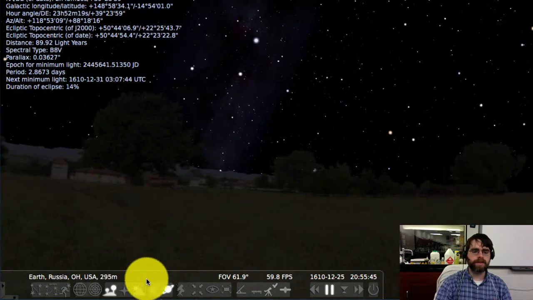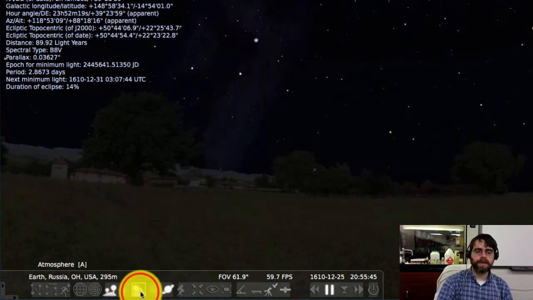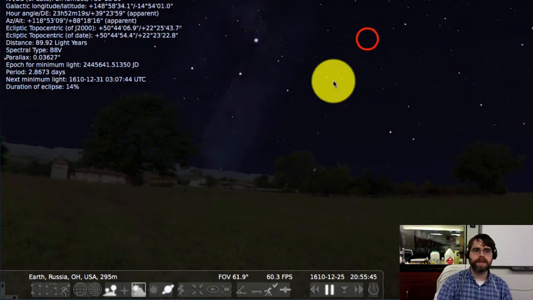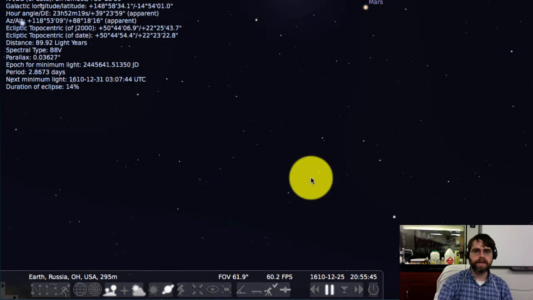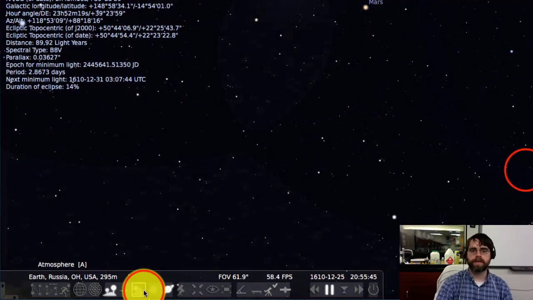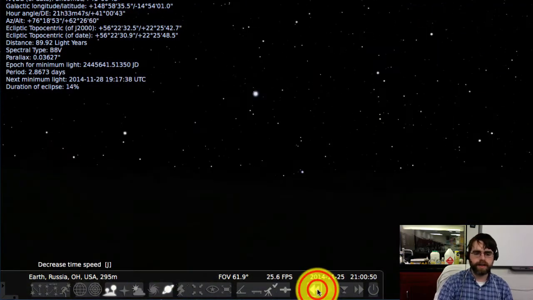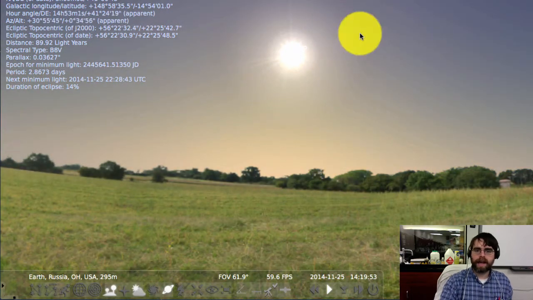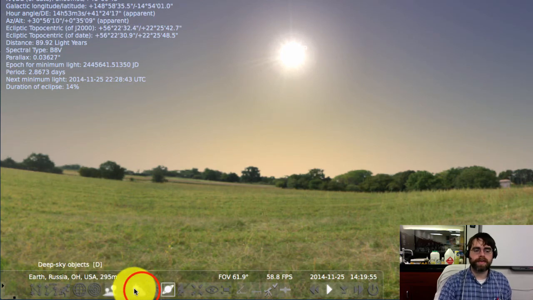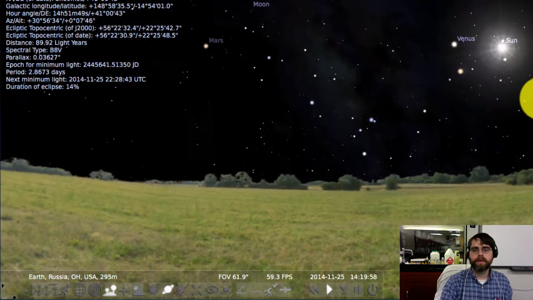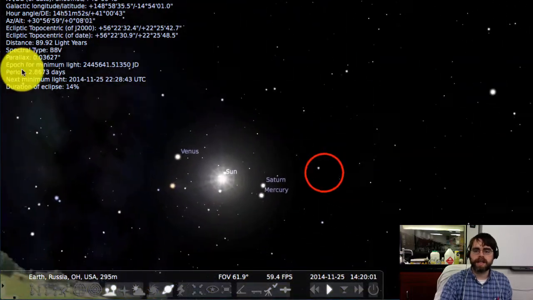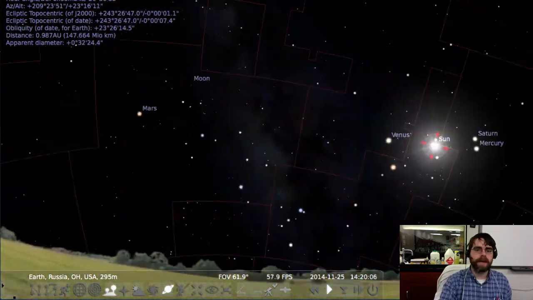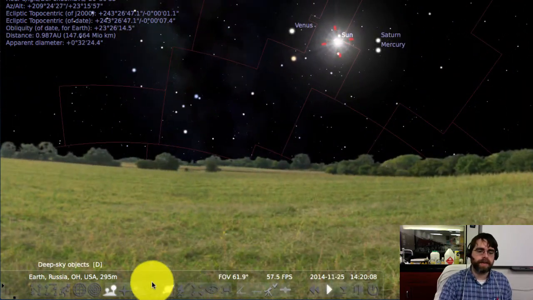I don't tend to turn this ground off all that much, but I do tend to turn the atmosphere on and off. So here's the atmosphere on versus off, and you notice the amount of stars that you can see change based off of the fact that we do have an atmosphere that gets in the way of our viewing. And especially during daytime observations, during things that we need to do when the sun is out. Here, the sun just washes out everything because it's too bright, but if you turn off the sky, then we could see where the sun is, and we can see what constellation it's in, and we can really make out the night sky,